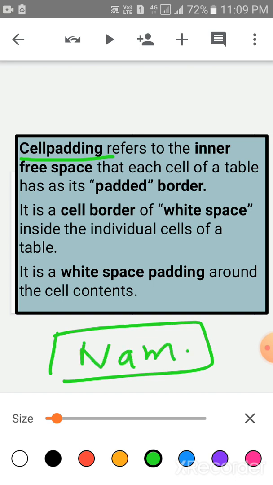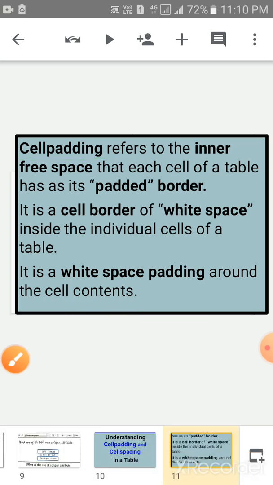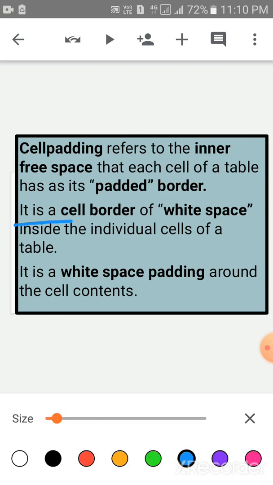This field name, children, this is the cell content. This is the cell border, the white space inside the individual cell of a table.